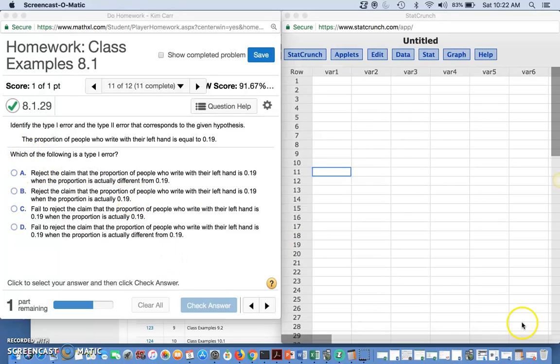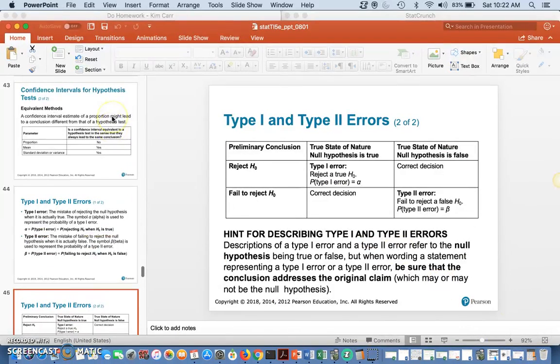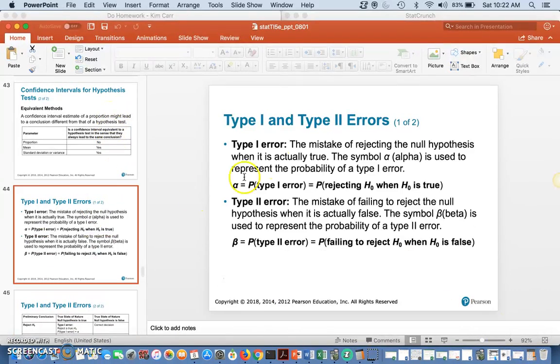Okay, this deals with type 1 and type 2 errors. Let's review these real quickly as to what they are supposed to be. A type 1 error is the mistake of rejecting the null hypothesis when it's actually true. The symbol alpha is used to represent the probability. Type 2 error is the mistake of failing to reject the null hypothesis when it's actually false, and the symbol